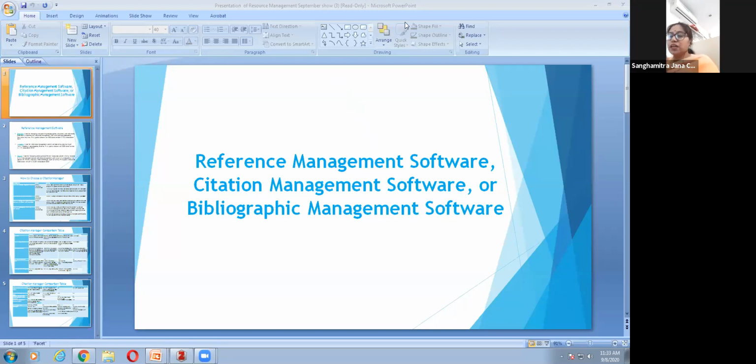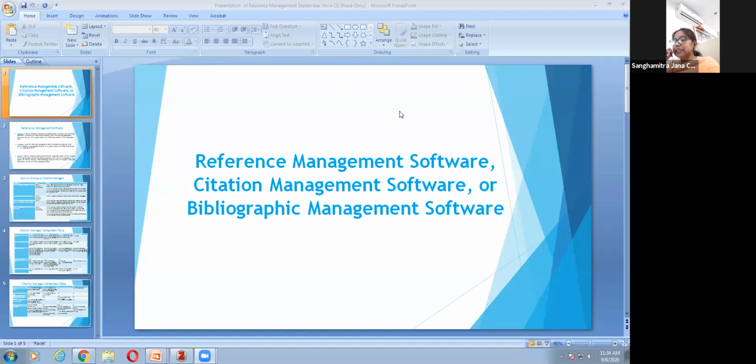So today we are trying to explore reference management software, or citation management software, or bibliographic management software. That's the same, they are all synonymous. This type of software is basically for scholars and authors to use for recording and utilizing bibliographic citations or references, as well as managing project references either as an institution or an individual.